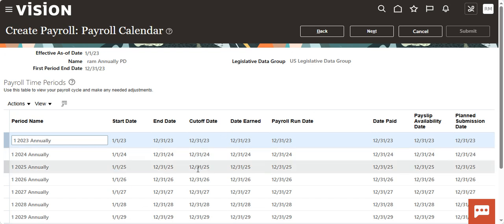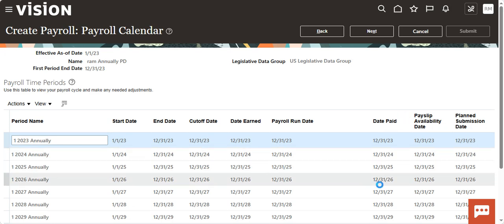So the cutoff date is automatically set, and the end date and payroll run date. Payroll run date means the same as the end date, payroll end date, run date, and date paid, pay slip availability date, planned submission date. So everything is automatically calculated. Then next,